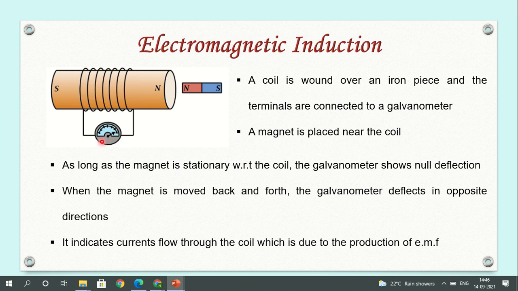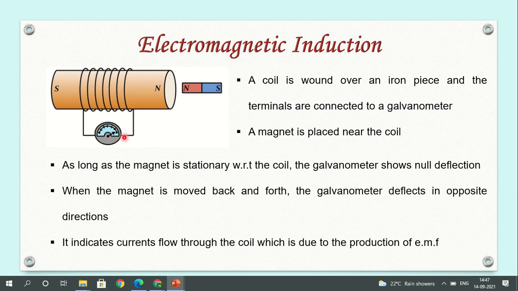But the galvanometer showing null deflection means no current is flowing through the coil. Even though the coil is getting some magnetic flux, no current is flowing through the coil when the bar magnet is kept stationary. Now, if we move the magnet back and forth, we can see the galvanometer is deflecting in